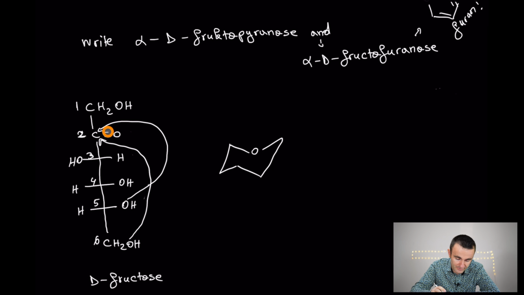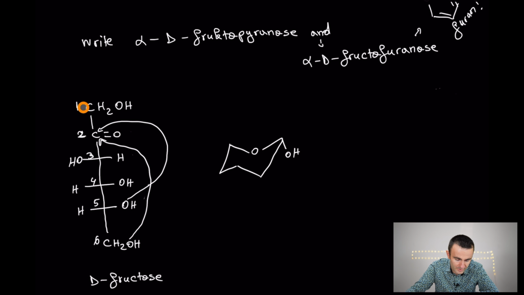So it's going to be on this side, because this is a D-fructose, it is on this side, and on this side we said that it's going to be what? Up and down. Right side down, left side up. Okay? So in this case it's going to be down,